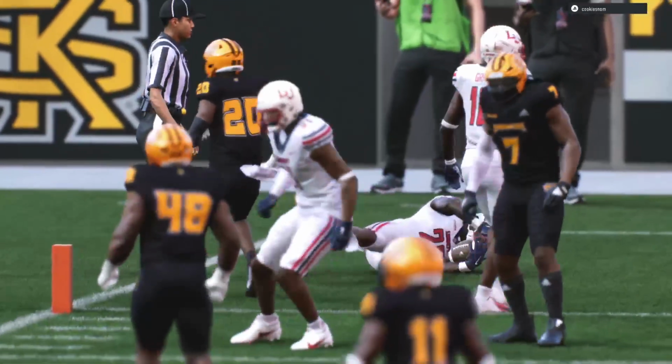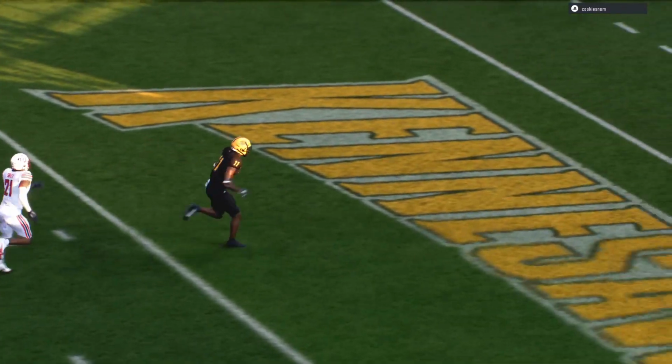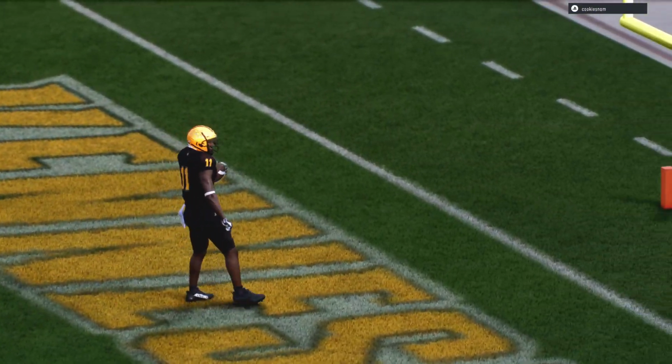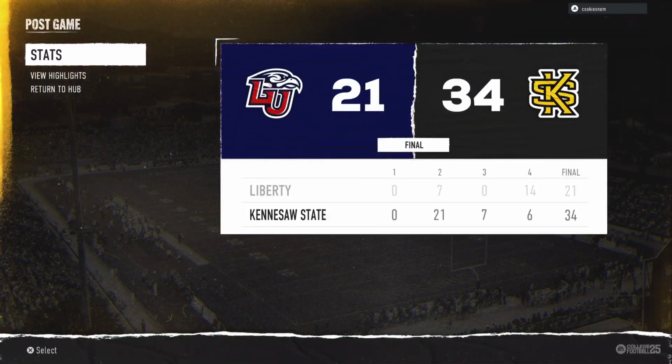At the end of the day, I think good teams find ways to win games. And over these last 2 games, it hasn't always been easy. They've had to overcome some adversity, but at the end of the day, they were able to step up, make the plays necessary, and do that. Very, very